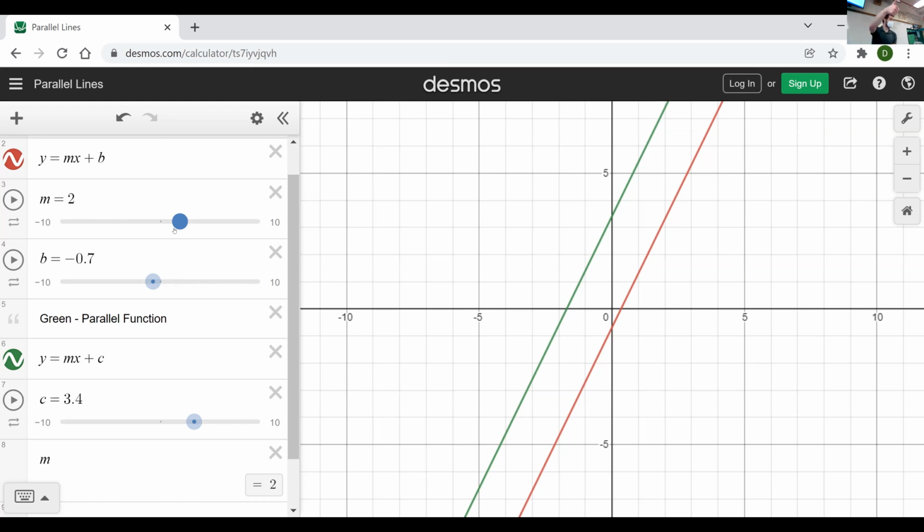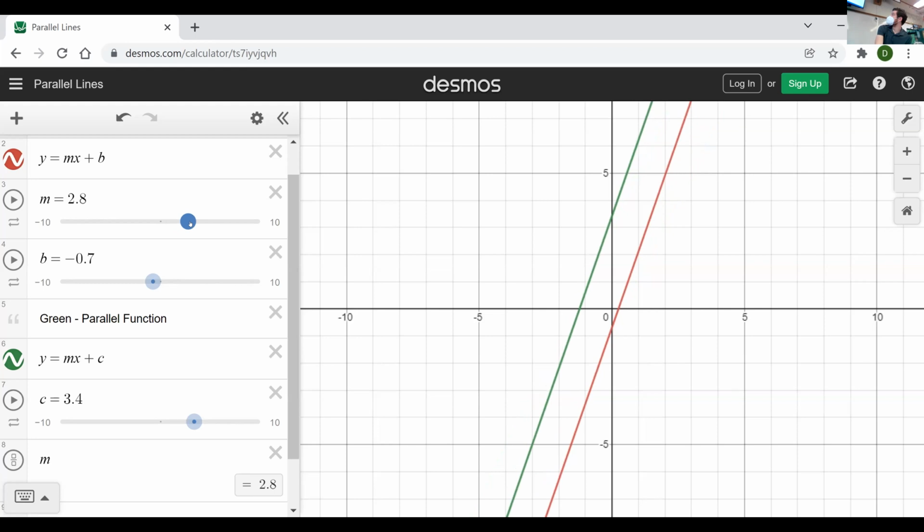And they were the same when it was 0.6. They're the same when it was -1. If I change this again to 2.8, red one up here, slope 2.8, down here, green one 2.8. So if lines are parallel, then their slopes are the same, which makes things pretty convenient actually for us because